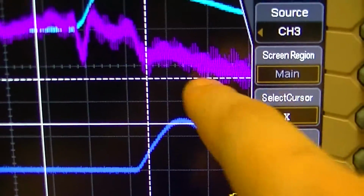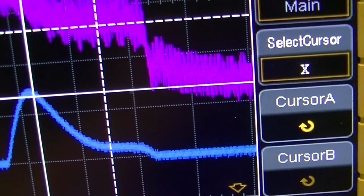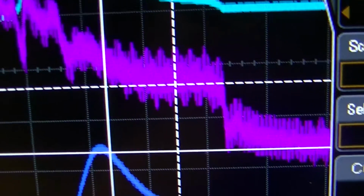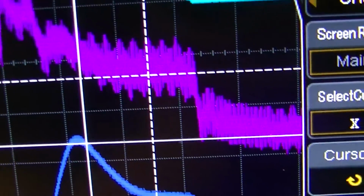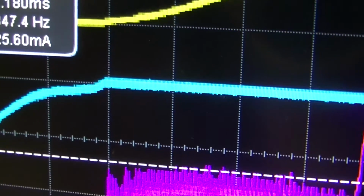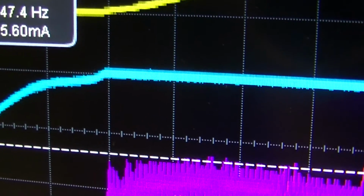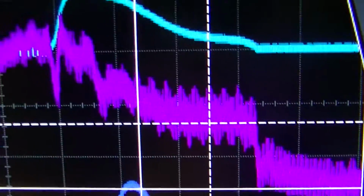And then you can see there are these bigger bits of oscillation, which if I can use the cursors to measure, is... 1, 2, 3, 4, 5. So this is over 5. That's 847, so that would be about 4,300-ish, 4,250, 4,300-ish cycles per second. These other oscillations, which are...